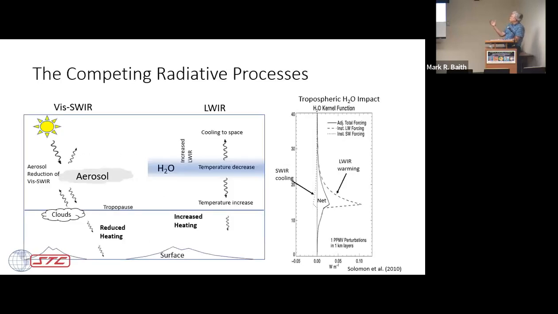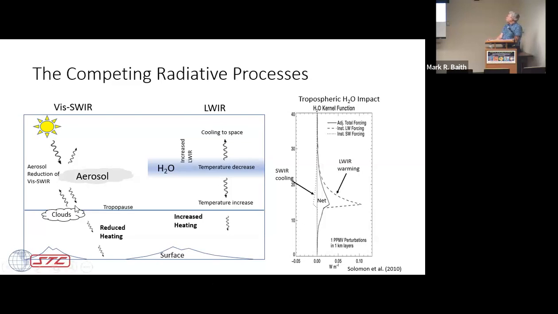And just to reiterate the issues here, in the visible and shortwave infrared is where we're talking about the aerosols affecting things. Also, I might add that the water vapor has an absorption band in the shortwave. And so water vapor will also cool the climate a little bit, but the IR part is much bigger. I might add also that you've got to think about clouds. Clouds reflect a lot of sunlight back into space, so you've got to correct for cloud stuff. Most of the back-of-the-envelope climate calculations neglect the effect of clouds. The more modern ones do include cloud effects.